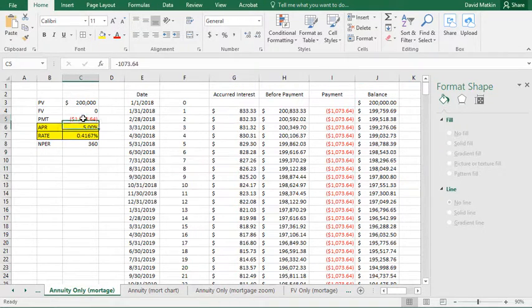So what this $1,073.64 is telling us, what the calculation is, is the size of each payment. If it's a uniform, exactly the same payment every month, given the size of a payment, how much interest needs to occur each period in order for those payments to reach zero after 360 time periods? So we could just change this payment, and let's say they pay